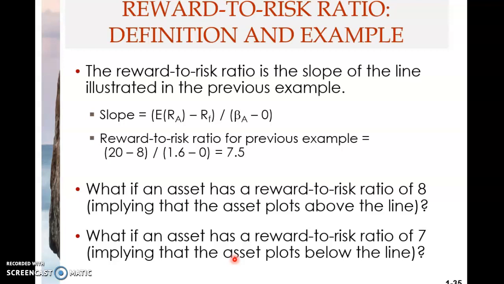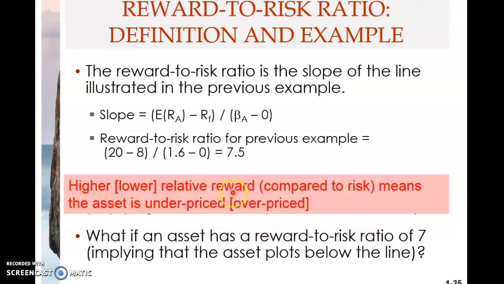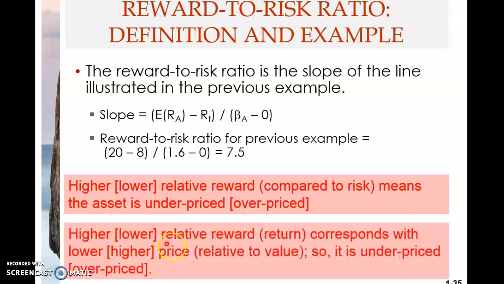Now, if it is underpriced, it is above the line. We will be seeing this line here. A higher relative reward compared to risk means the asset is underpriced. If it is a lower relative reward compared to risk, then it is overpriced. The higher the relative reward, or return, corresponds with a lower price relative to value. So it is underpriced. Lower the relative